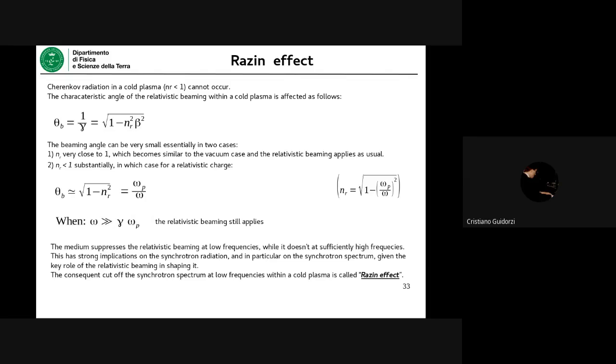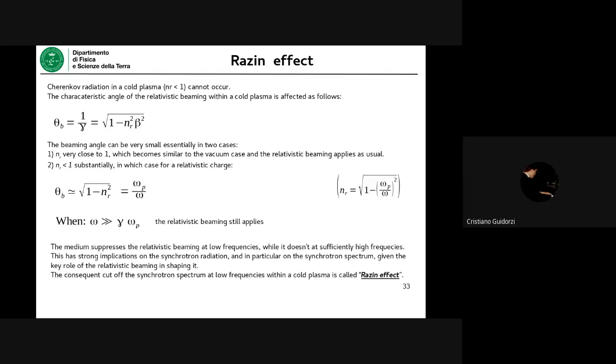But look at this case. If the frequency is not high enough, you have no more narrow cone. And you see here, if omega is not large enough, it means that this ratio is not so small. So it means that the cone within which the electron is radiating is no more narrow. So that means that the synchrotron radiation